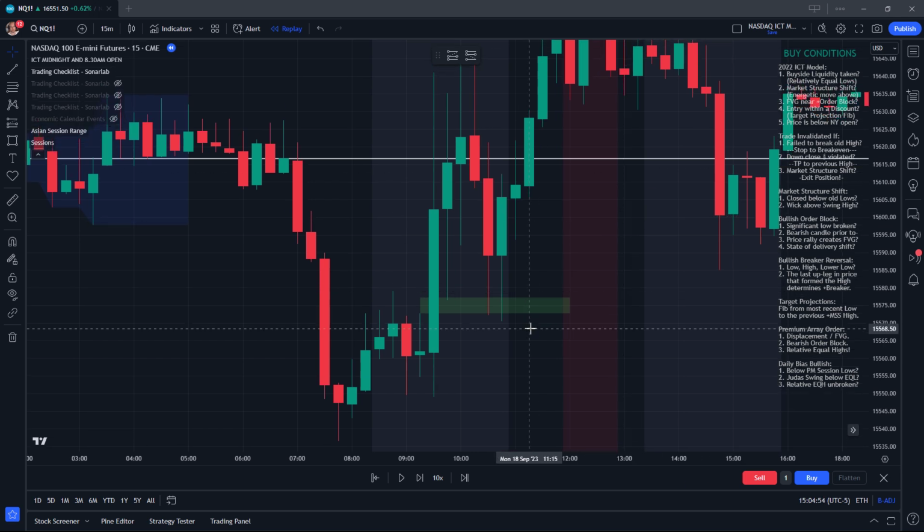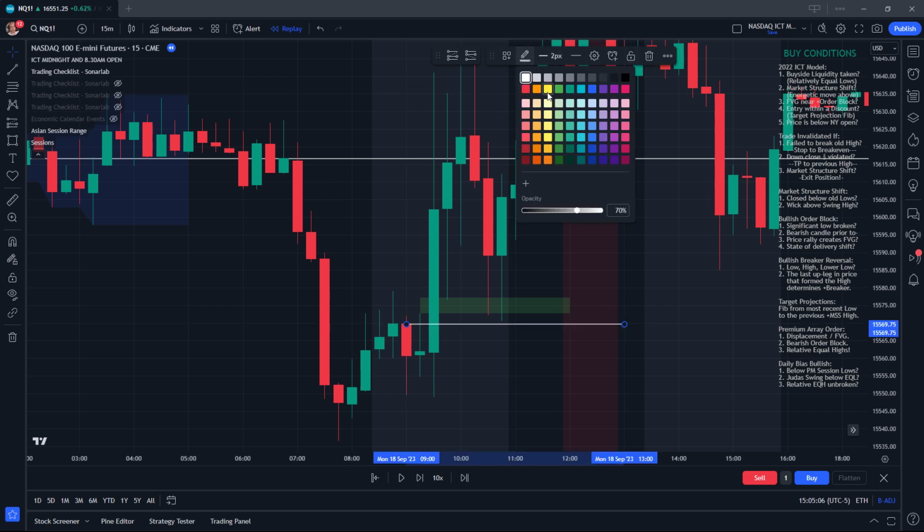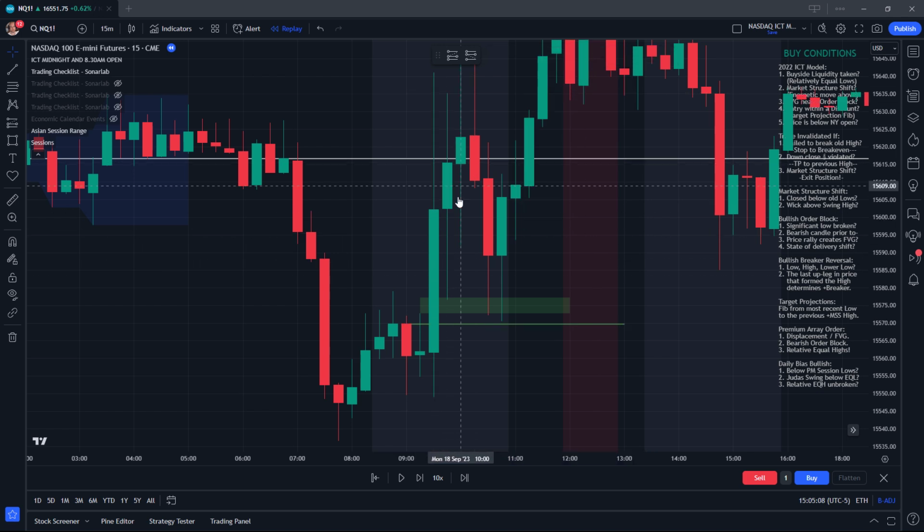We want the fair value gap to be within an order block, or very near an order block. The order block isn't strictly necessary. It just really helps to give us some context. So that's our order block, the last down close candle before the rally. Entry, is it within a discount? Fib from the most recent low to the market structure shift high. The most recent